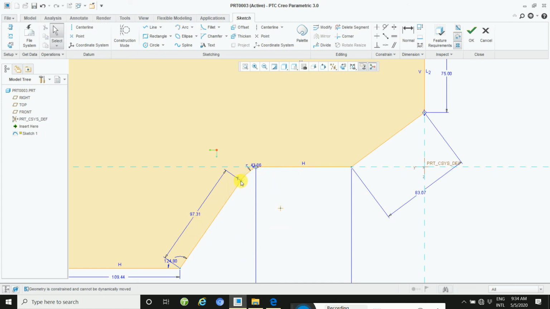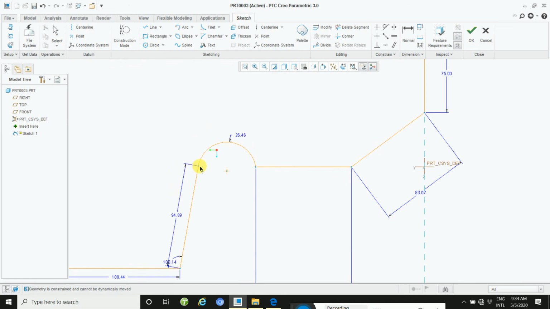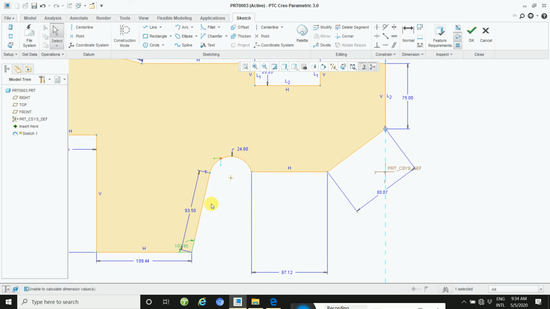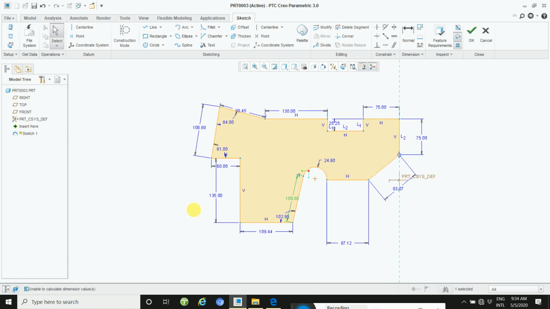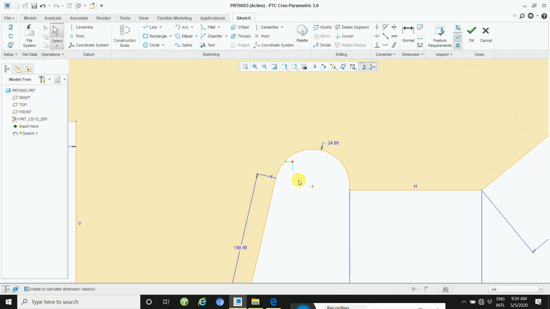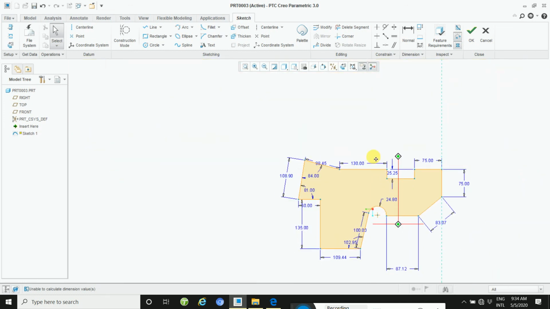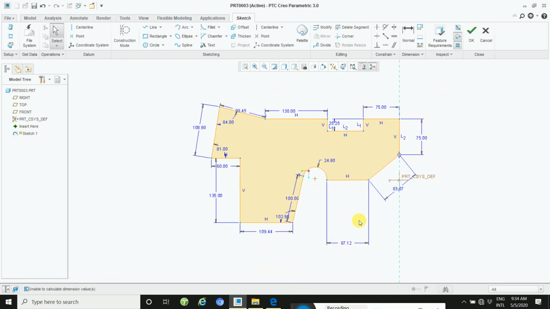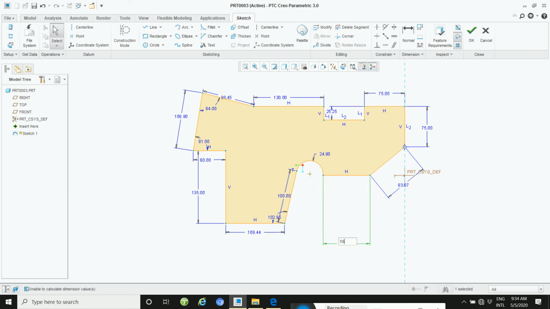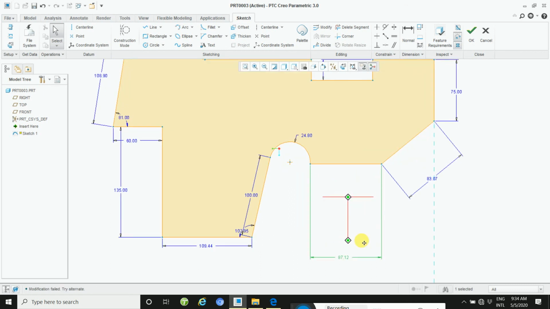Lots of problems are creating due to this. Hundred. Then take this 50. Hundred.